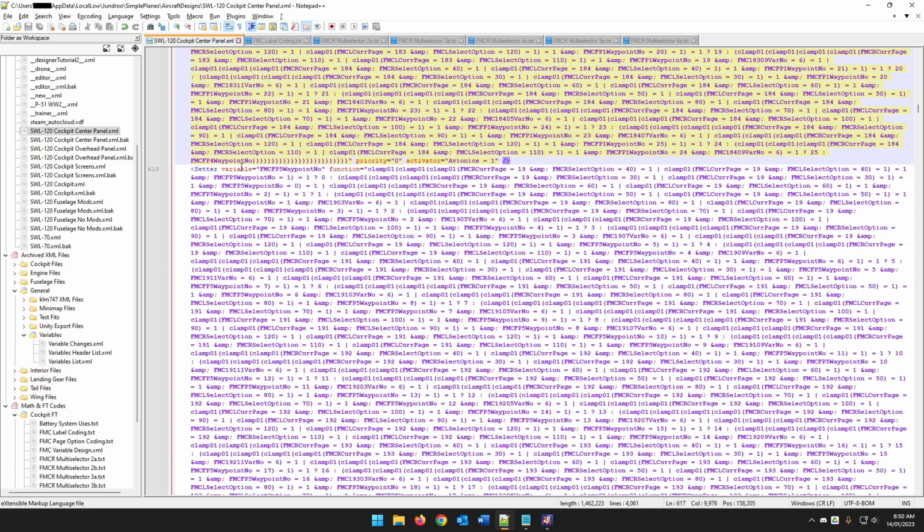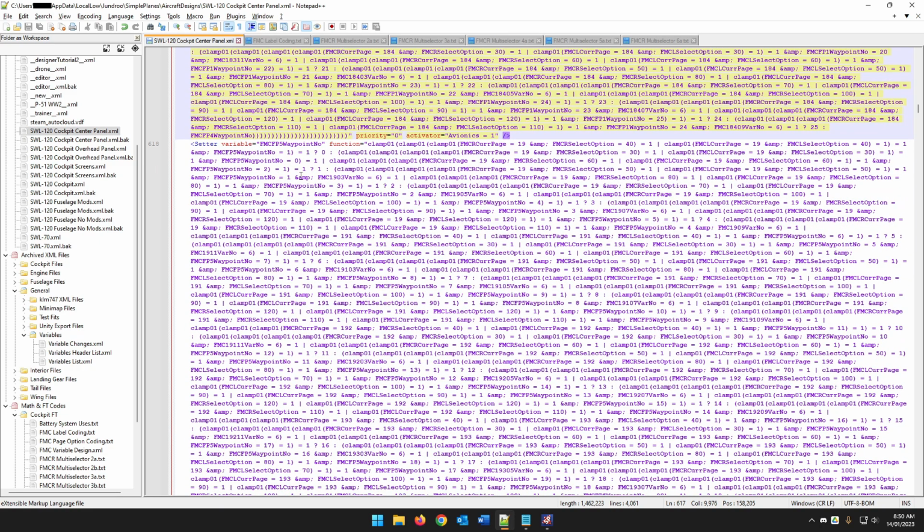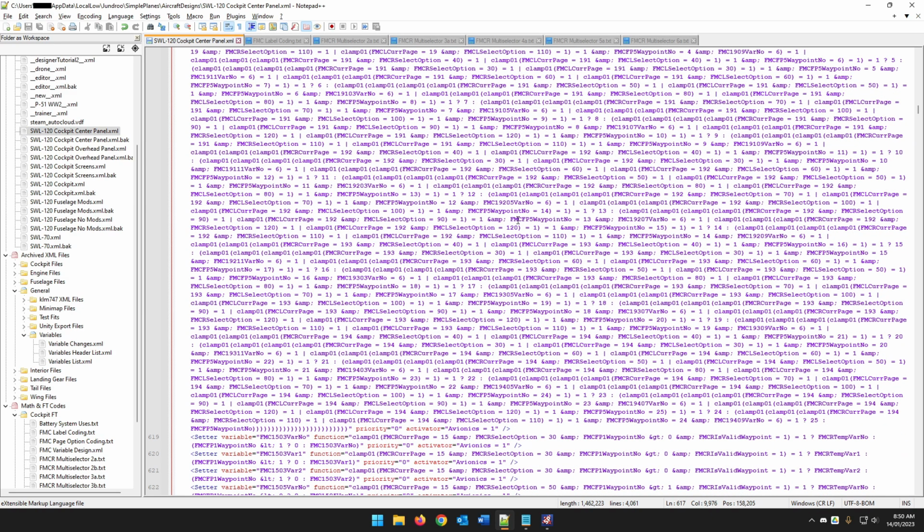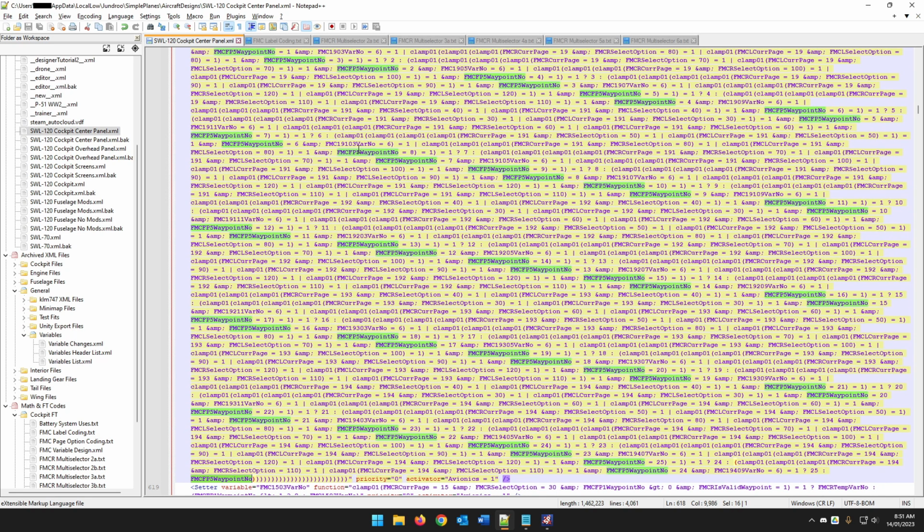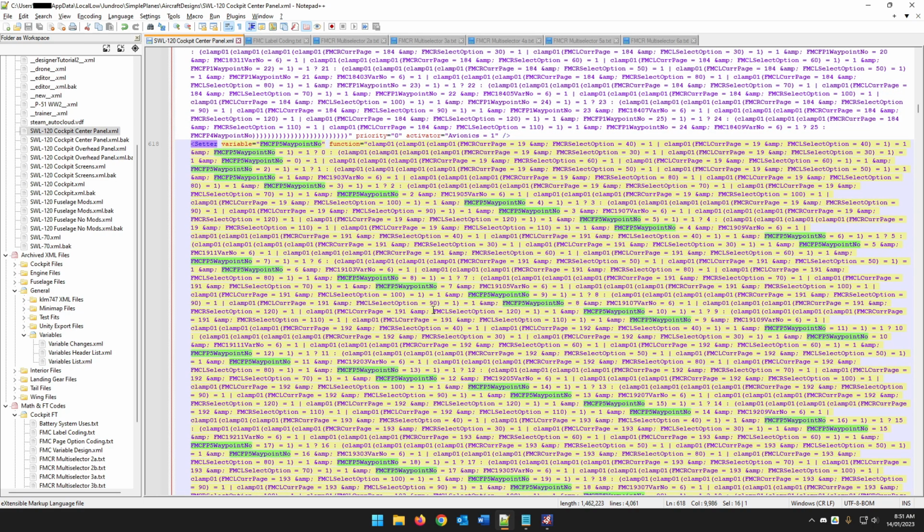When I was copying the variables that I had modified for FMCL over to the other 4 flight plan waypoint numbers, I renamed the FMCL current page equals 194 instead of 154 and so on. So I changed that from 15 to 19, like the group of pages. And I also set it to the FP1 waypoint number at the bottom here, but I also missed the other 50 instances of FMC FP1 waypoint number throughout the entire code, as well as the part where it checks if